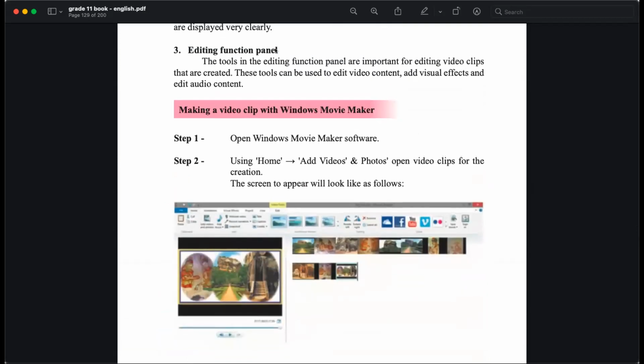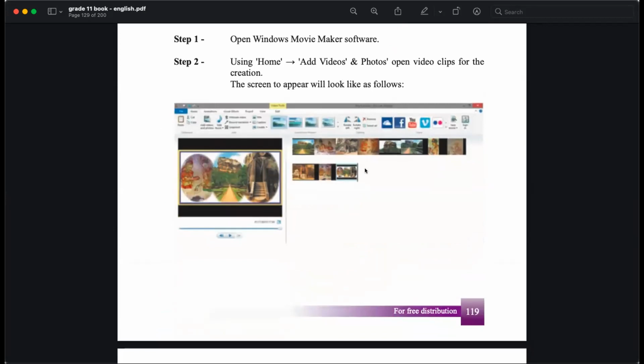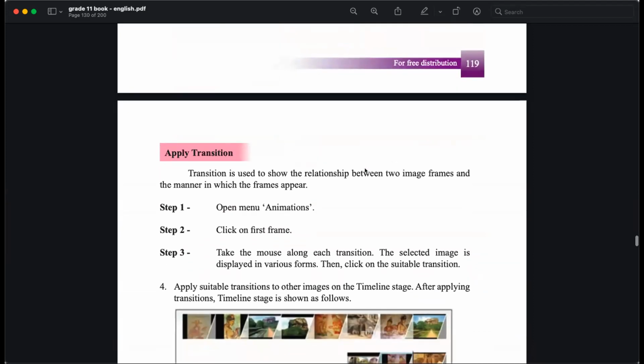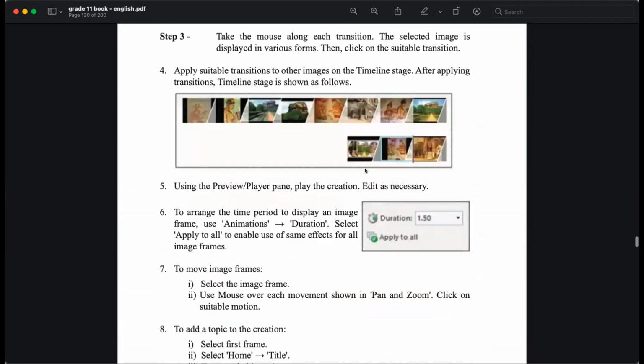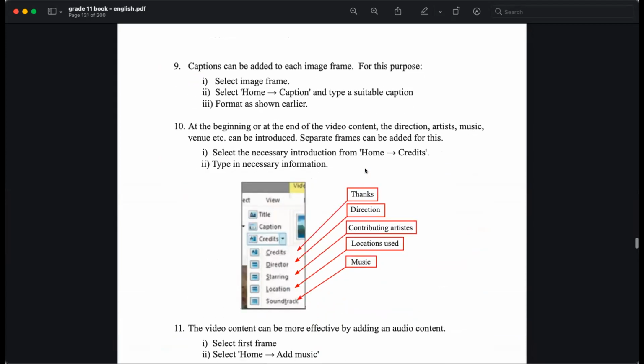So Movie Maker can be used to create movies, actually not just movies. It can be used to create slideshows, right? You can add photos, videos, and add some effects. Music videos, music audios can be created. Music videos can be created especially using this. So let's see a quick review of these things.